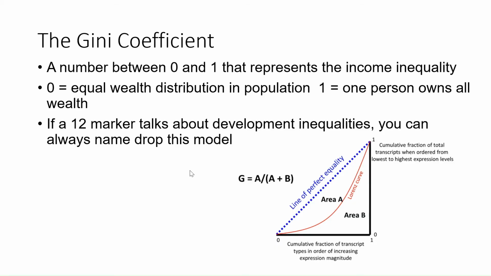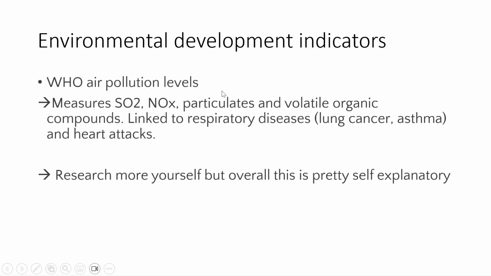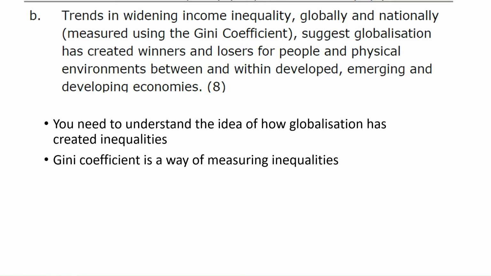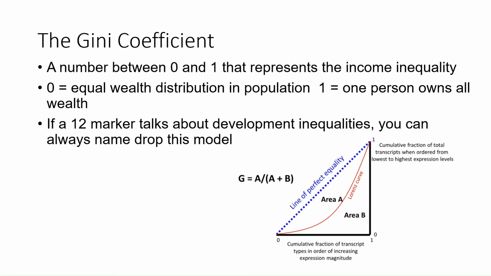And just linking it back to 3.7b, you just need to understand that there's varying success for people. So development is not always evenly distributed. A lot of the time, corruption, or perhaps just the way the world and the economy are set up, means that